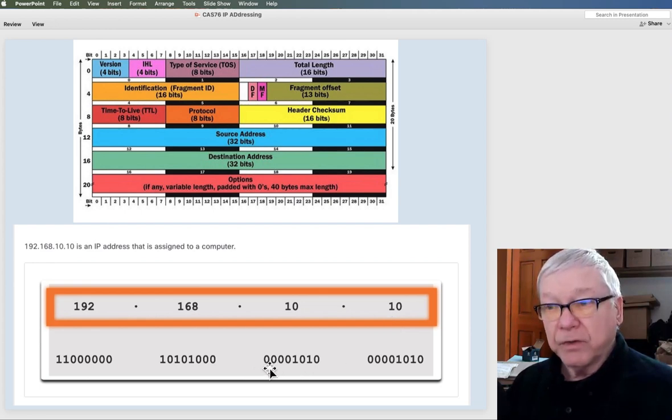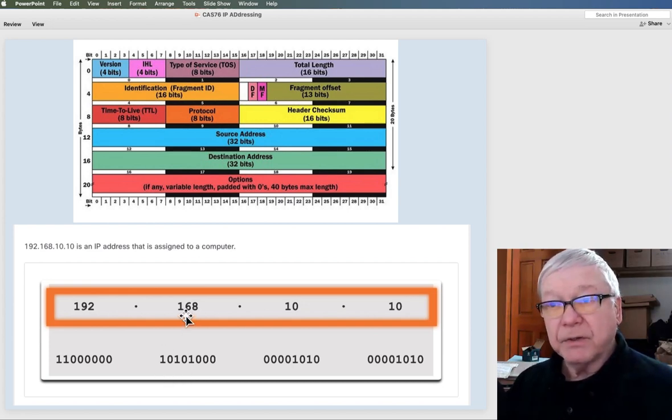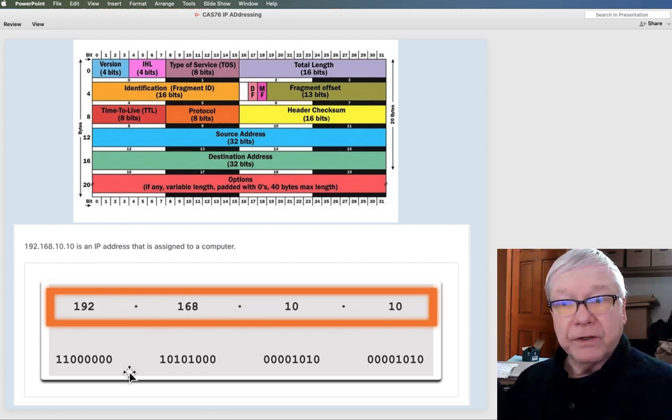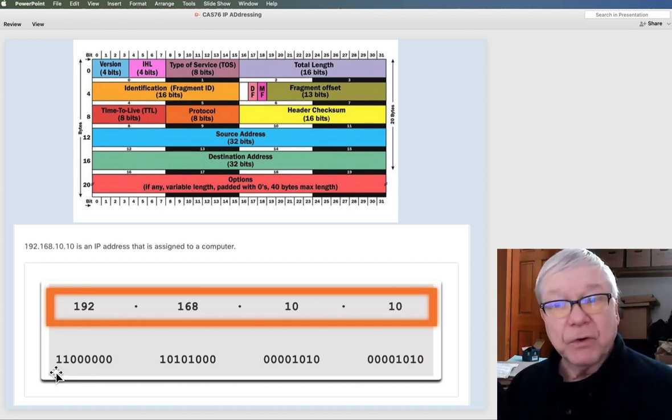And the same thing over here. It's another decimal 10. I got a 2, I got an 8. Don't have anything else. It's a 10. Over here, I've got an 8, I've got a 32, and I've got 128, and that adds up to 168. Over here, I don't have anything. No 1s, no 2s, no 4s, no 8s, no 16s, no 32s. But I got a 64 and 128, which is 192.